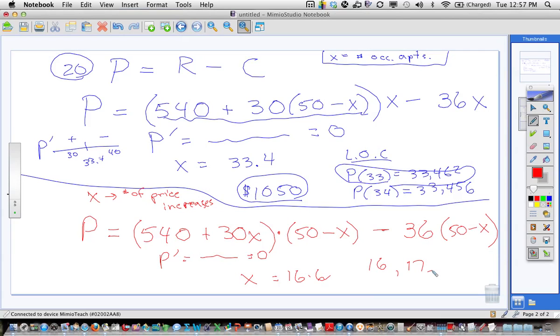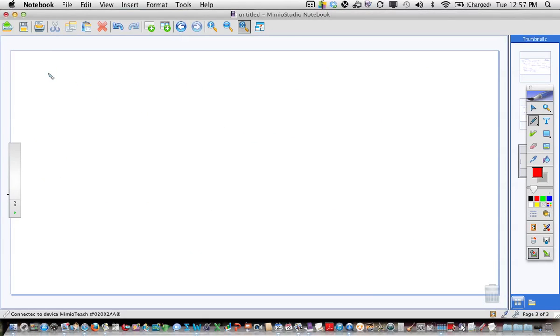Okay? So I really like this idea, though, of thinking about sometimes not letting X be the number of units, letting X be the number of price increases or decreases. Okay, depending on the problem. All right, let's move on here to the related rate problem, and I want to talk about number 7. Was that the rectangle one? I want to talk about that one real quick,